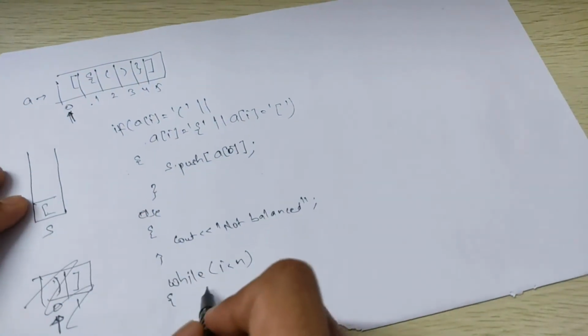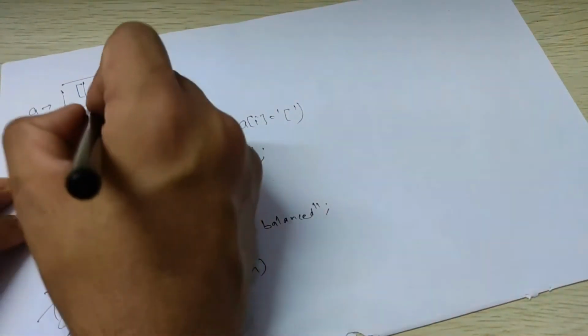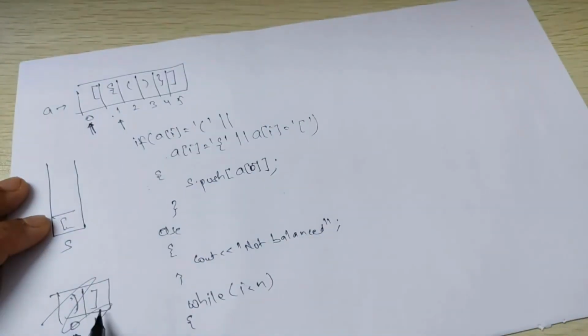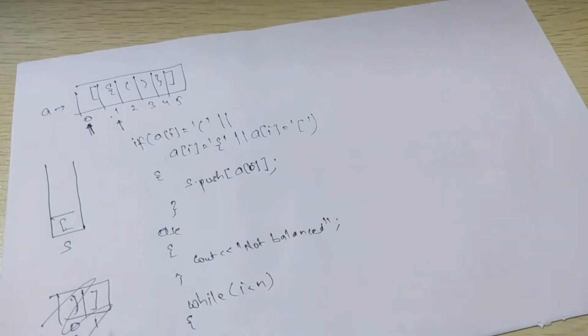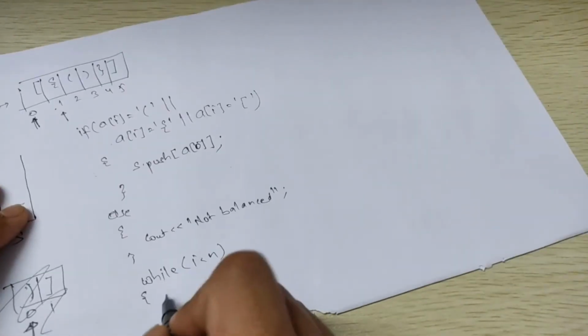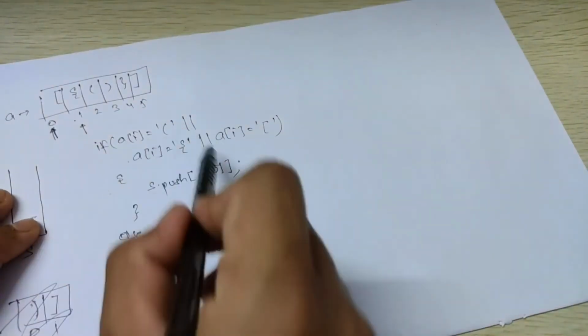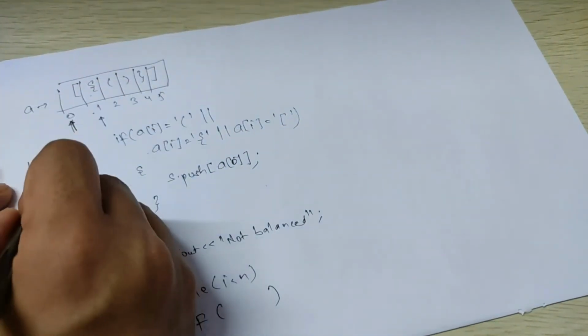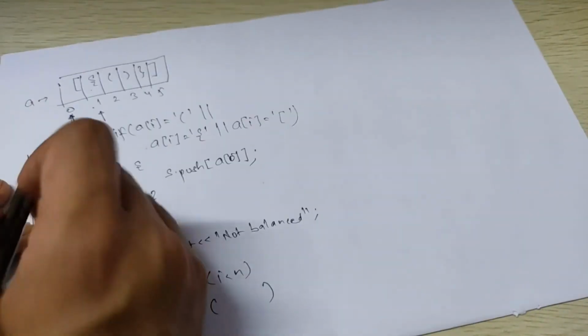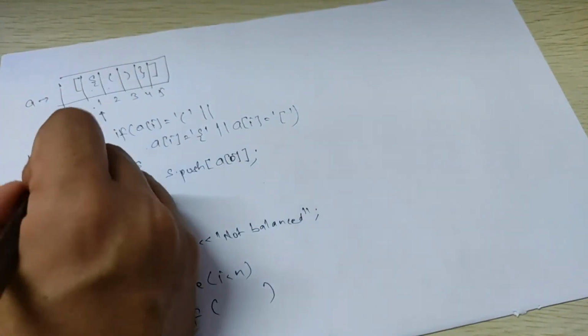the expression. Now this i has to start with 1 from here. Okay, from here. Now what you have to do, you have to check these conditions again. So if you found any curly braces, any parenthesis or any square bracket which is open, you have to push it into the stack. So you found one here, so you again push. Okay, so you found another open one, you push.